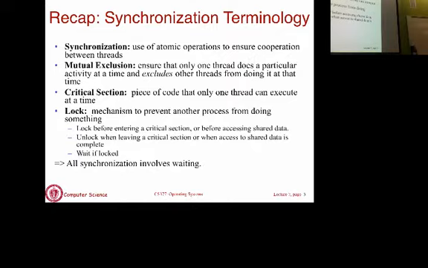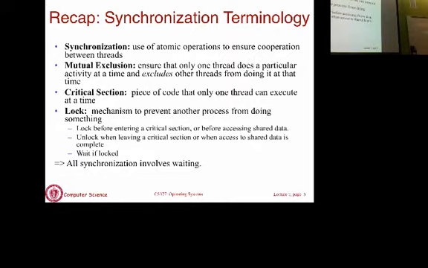Okay, critical section is a related term, but slightly different. It's a piece of code that only one thread can execute at any time. A critical section will be implemented using mutual exclusion. Normally, if you have a piece of code that is not protected, multiple threads can execute it concurrently. Two threads can call the same function and execute that function concurrently. But if that piece of code is a critical section, and you are implementing mutual exclusion, what will happen is one thread is executing the piece of code, and it will prevent other threads from executing it through mutual exclusion.